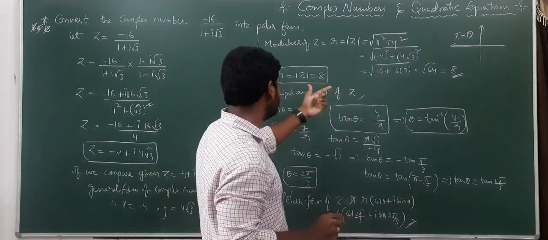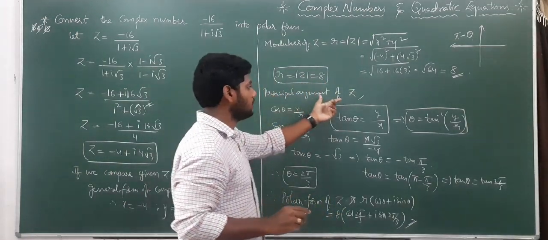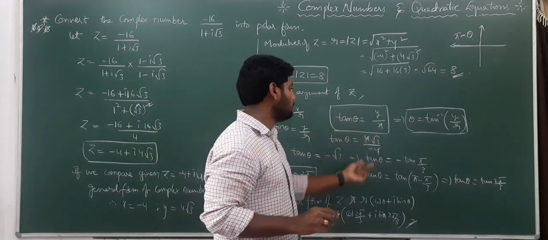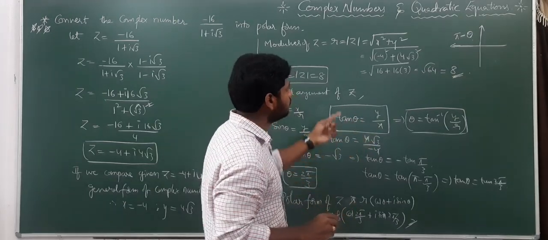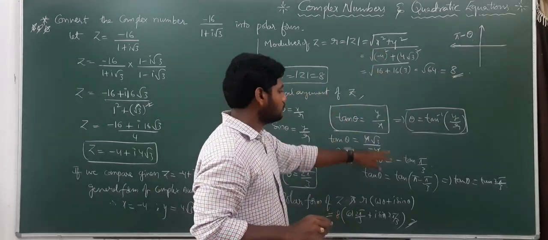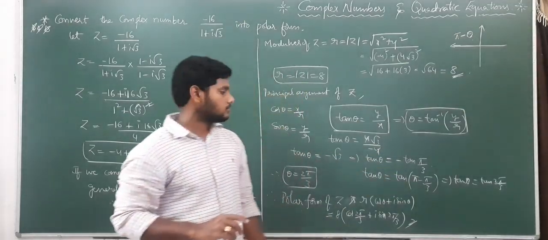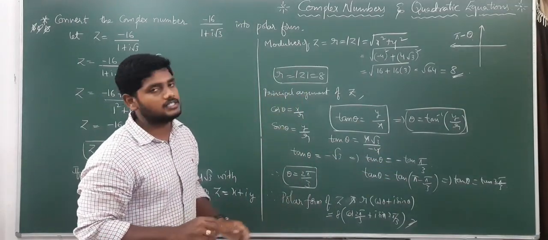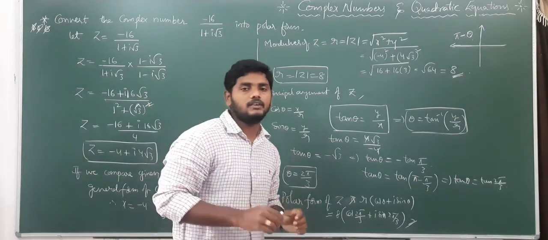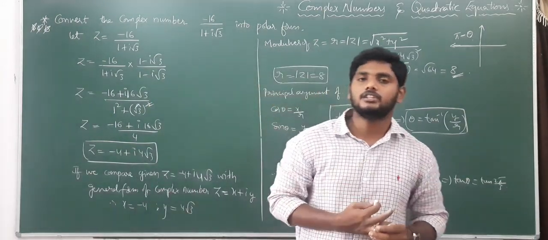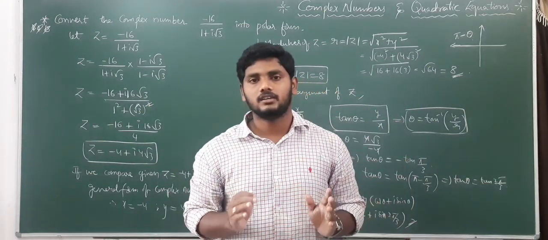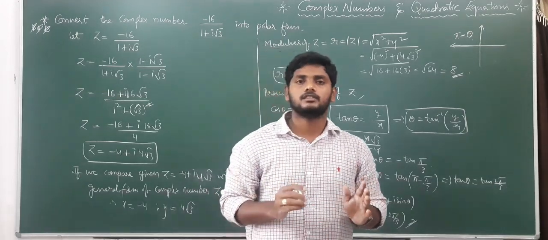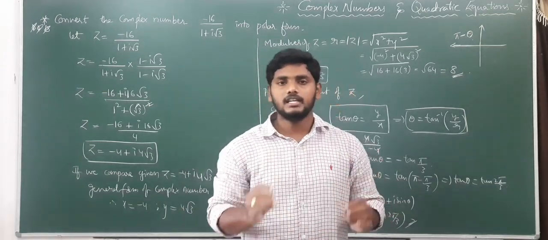root of x square plus y square. You find the principal argument of z, nothing but tan theta equal to y by x. According to those x and y values, you need to take that theta, right? So pause the video to note it down. So this is about today's class. See, after listening to the class, write down the notes properly and maintain the notes regularly without missing any classes.